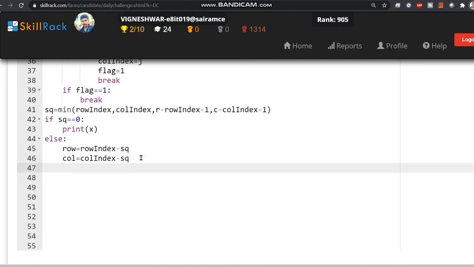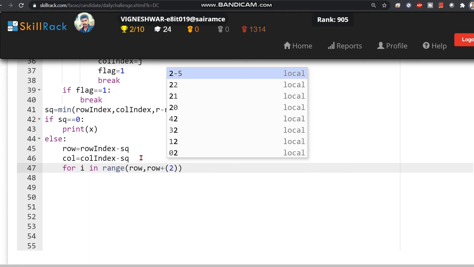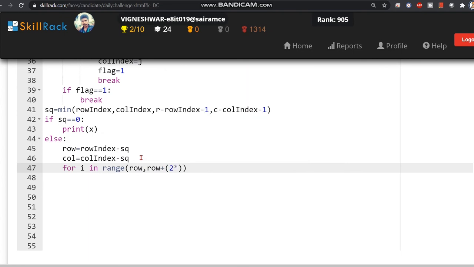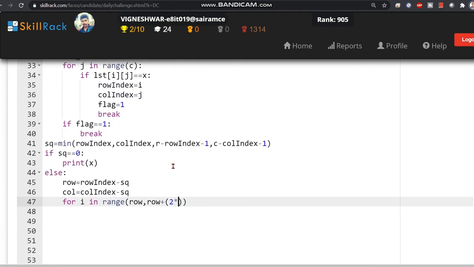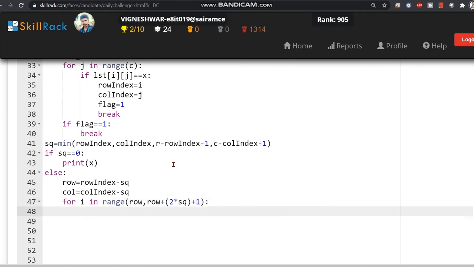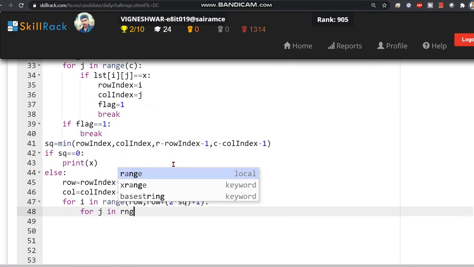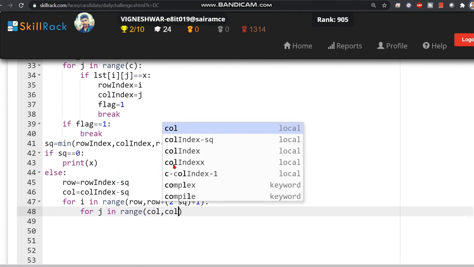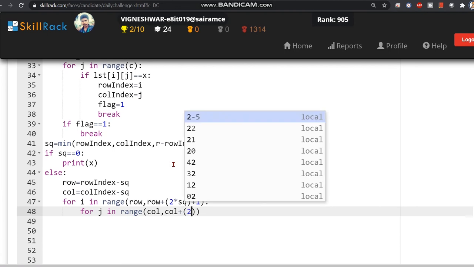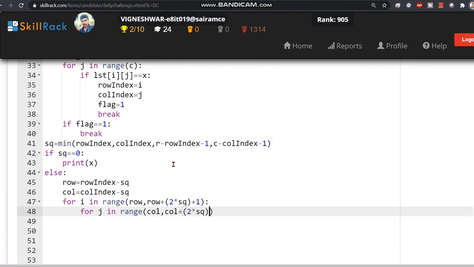So for i in range, from row to row plus 2 times sq plus 1, and for j in range, column to column plus 2 times sq plus 1.